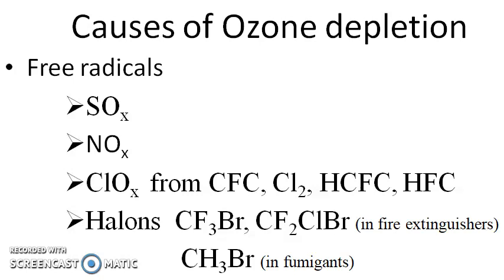Ozone hole is formed, we say, when there is a decrease in the thickness of the layer. So when the 300 Dobson unit thick layer, that is the 3 millimeter thick layer, gets reduced to 1.5 millimeter thick, then we say ozone hole has been created. When the thickness comes down to 1.5 millimeter or 150 Dobson unit, the ozone